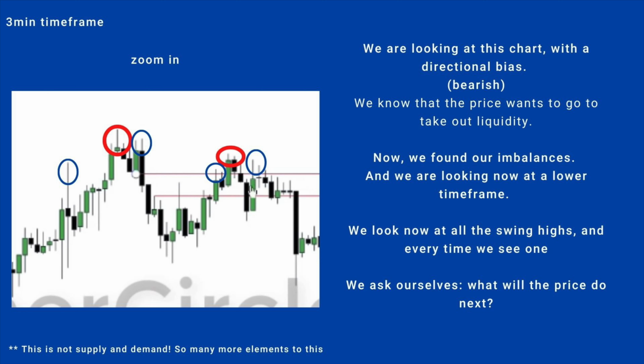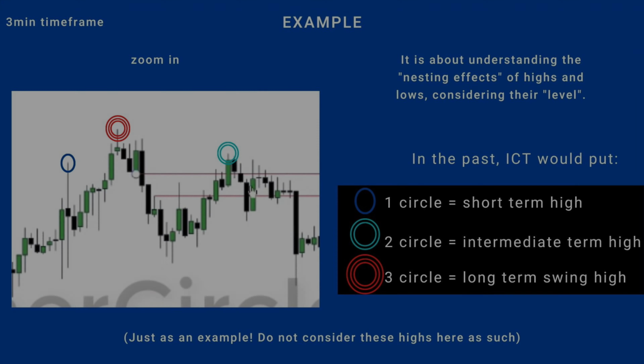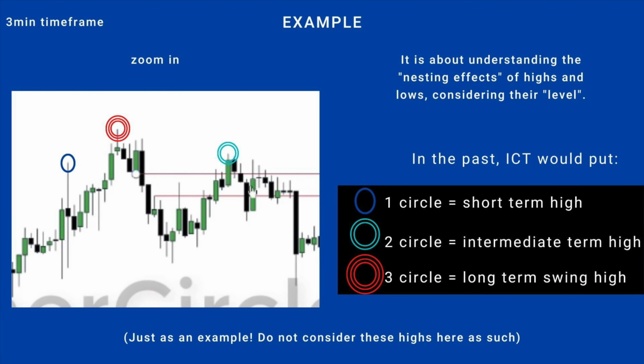Why is that the case? Why is that not the case right now? He gives us an example of his trading in the past. He says that to understand much better the highs and the lows and the swing highs and the swing